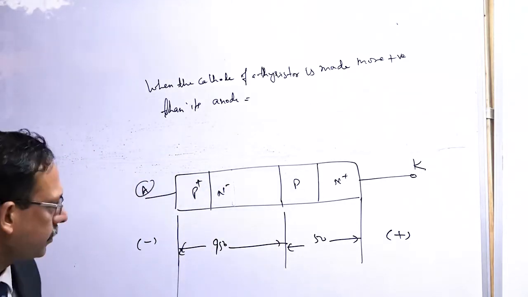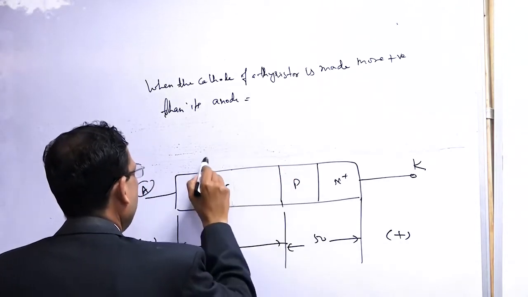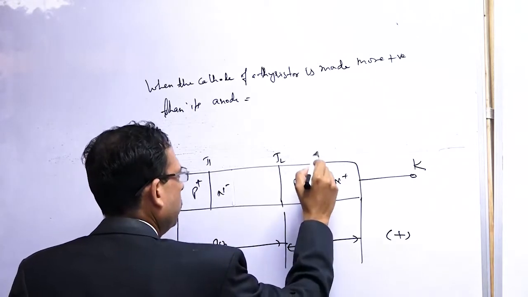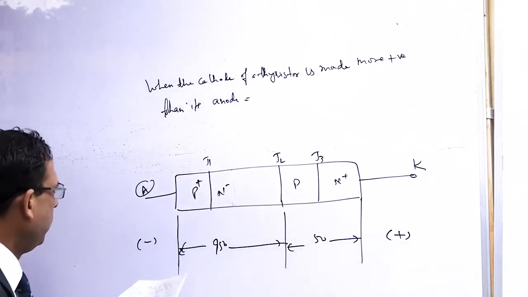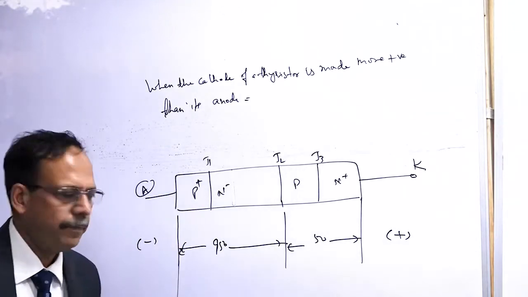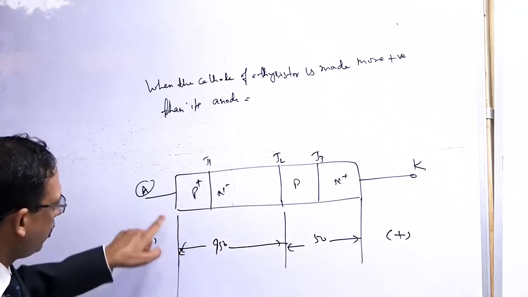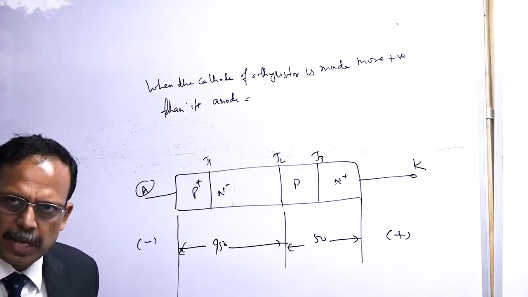Is it okay? Now this is J1, this is J2, this is J3. Sorry, yes, this is negative. Now actually, can you just see what actually is happening in this? If the negative is applied, what is going to happen? If the negative is applied, what actually is going to happen?